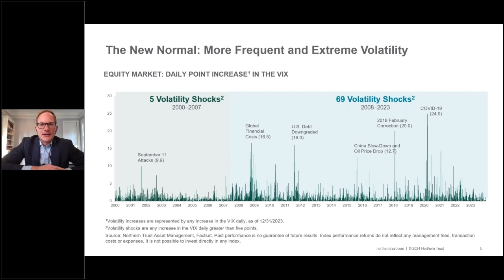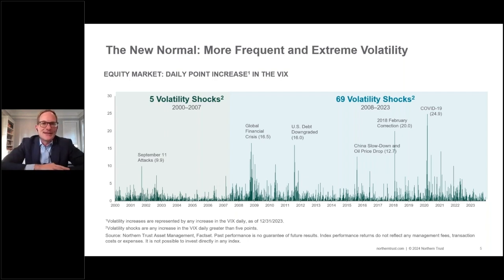So what I've done here is I have graphed the 1-day movement in the VIX index. If you're familiar with the VIX index, it's the index of implied equity option volatility, often called the index of fear. And I have highlighted as a volatility shock any one single day in which the VIX index went up 5 points or more. So the roughly vertical line, maybe it's a little hard to see on the left-hand side, the gray shaded area, that's the pre-financial crisis era. Everything in green or bluish on the right-hand side is post-financial crisis.